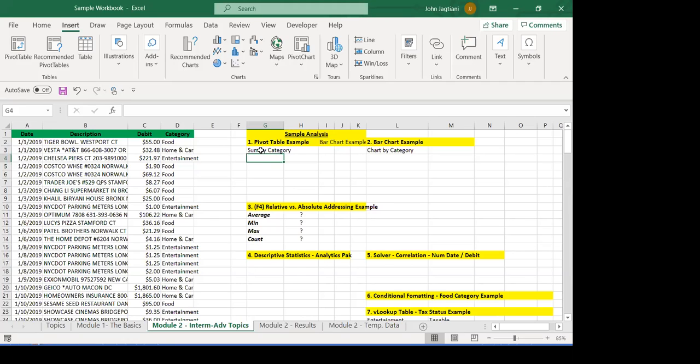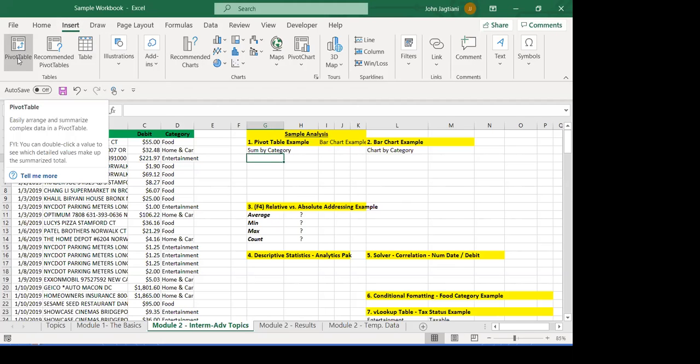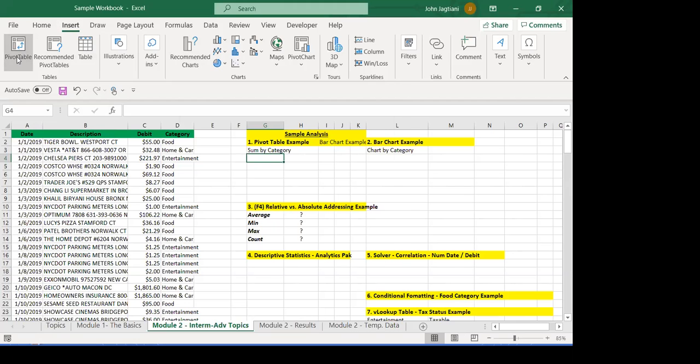So let's say I want to sum by category, right? Which is what I said. I'm going to go insert, and then there's a pivot table up here on the far upper left corner, okay? If you're running the latest version of Microsoft Excel. Again, these buttons are in different places and the commands are in different places depending on the version of Excel. And also, if you're using Google Sheets, it's going to be in a different place. But if we click on Pivot Table,